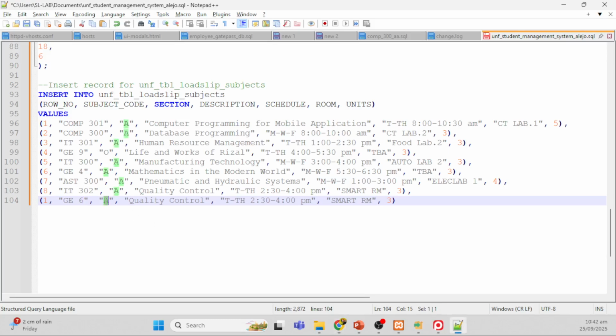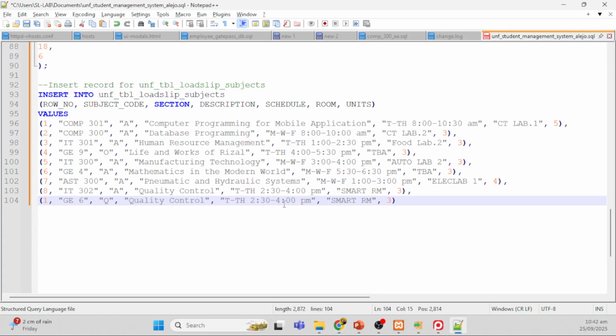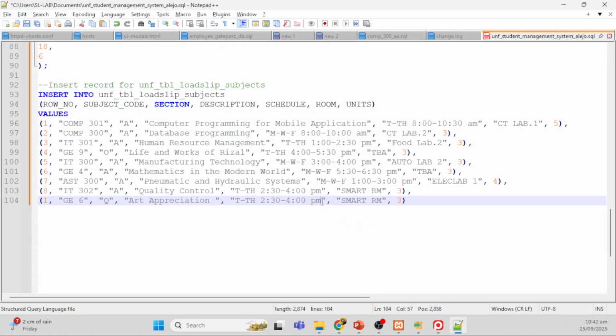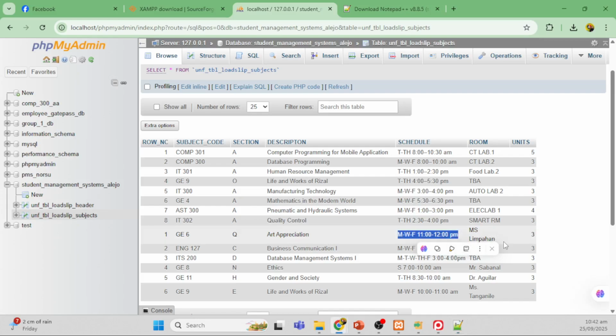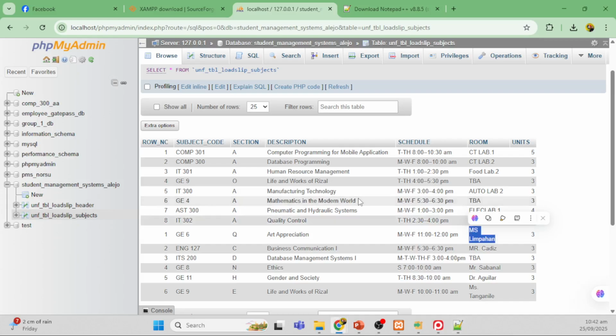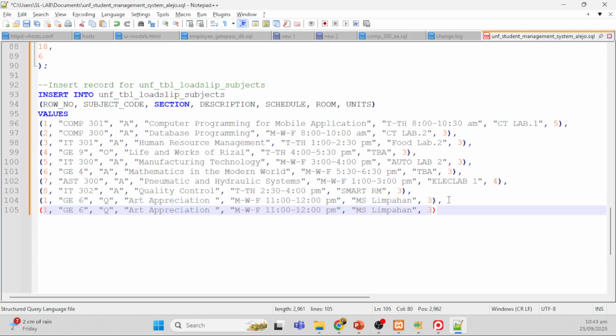Q, and this is Art Appreciation and the schedule is MWF, and this is Miss Limpahan, section is 3. Okay, copy. Okay, don't forget to open and close the parenthesis on this one. Okay, and then